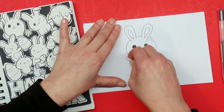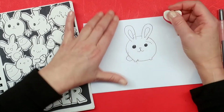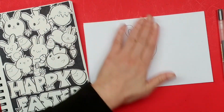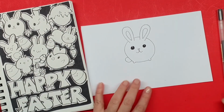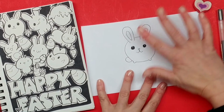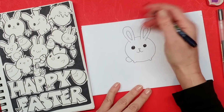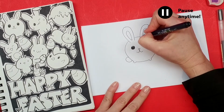And we're done. Now, if you want to, you can do what I always like to do, which is thicken up some of the outside lines. I'm going to leave all of the features in his face very delicate. Not going to go over those. I like them with my fine line. But I am going to use my brush tip pen. I'm just going to go around the outside edges